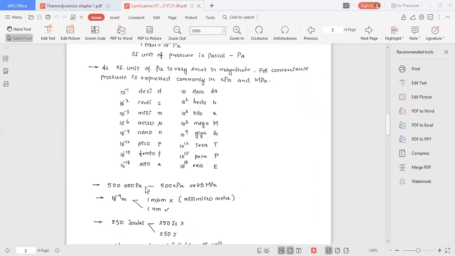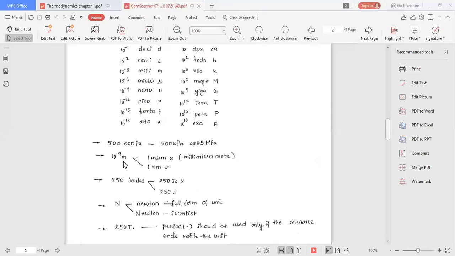But till now, just see here how you can condense this big number into kilopascal or megapascal. 3 zeros you can call as kilo, or you can adjust this as kilo or mega. Mega means 0.5 megapascal. And observe, after 0.5 I have put some space, before capital M I have put some space. This is necessary. After every number, if there is a unit, you must put some space.